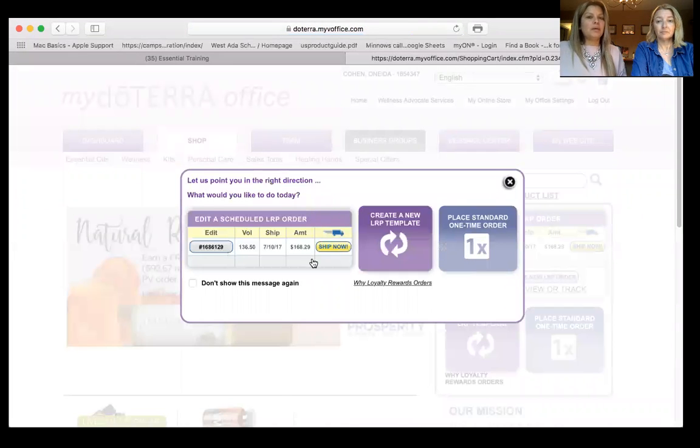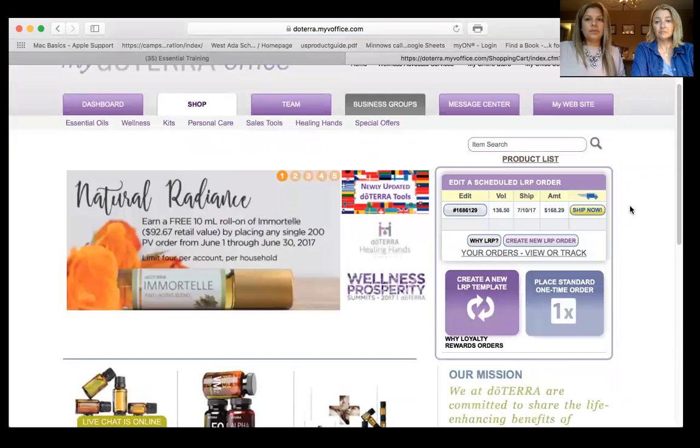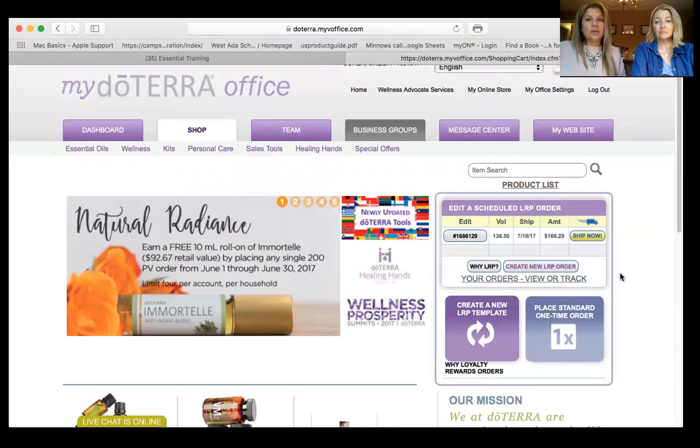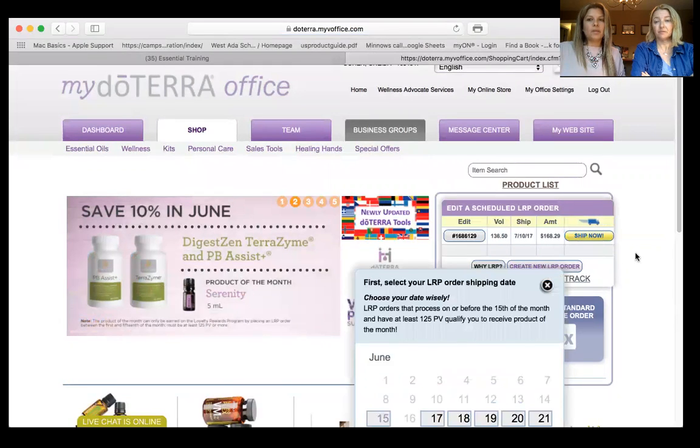So this pop-up will come up once you have your LRP, and you can choose to show it every time you log into your shop account or back office, or you can choose not to. So I always keep it as a reminder because I like to make sure that I have the right things in there. So I am going to go ahead and close that. If you see to the right, this is where you will create your LRP, okay? Yep. So you can say create a new LRP order right here.